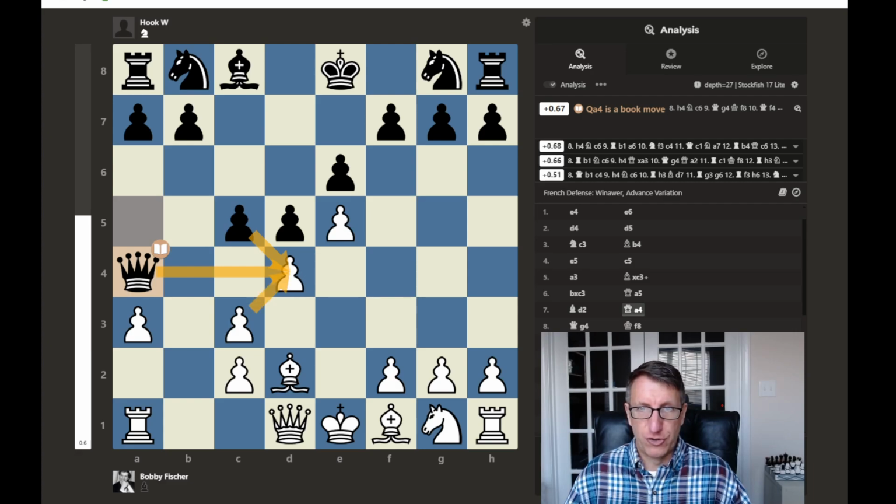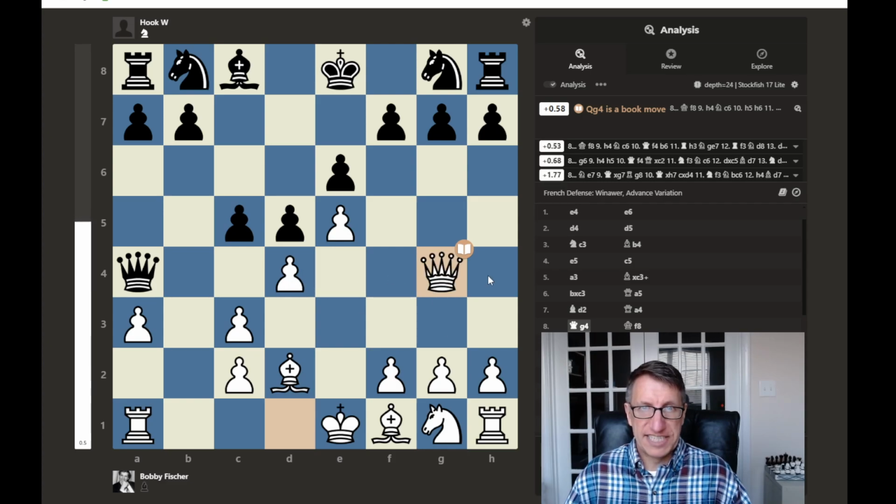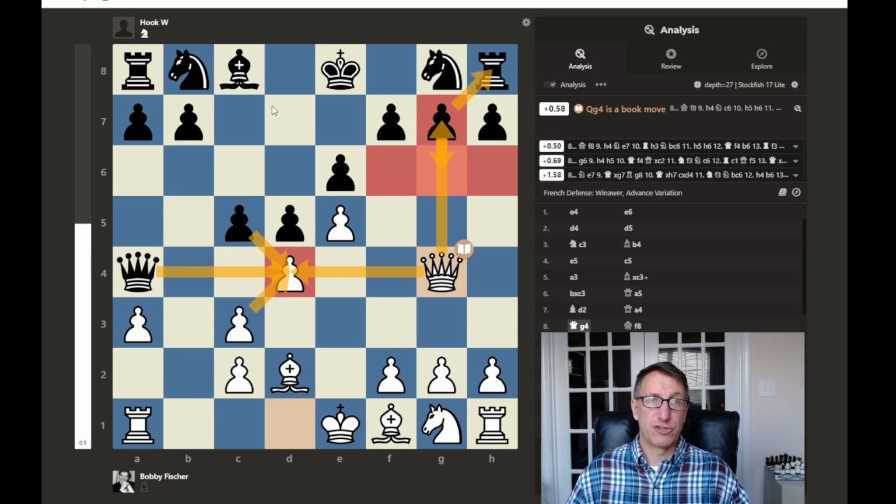So what does Fischer do? Well, he defends the pawn here, which is under attack. But at the same time, he's threatening to capture this pawn and then the rook over here. So the computer says the best move is king to f8. Second best would be pushing the pawn to g6 here, but that would leave some dark squared weaknesses around the kingside position here,